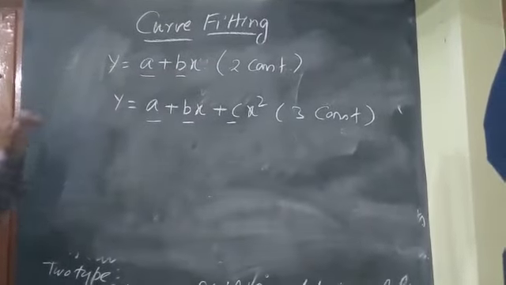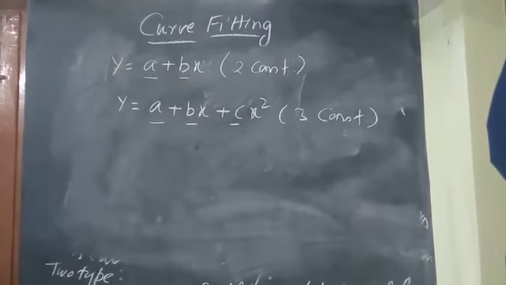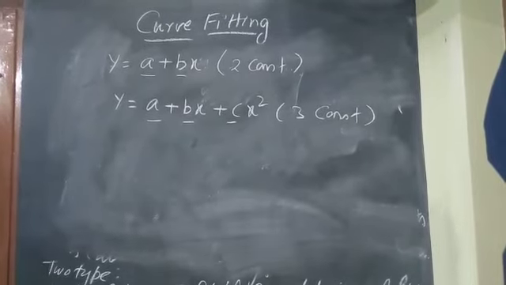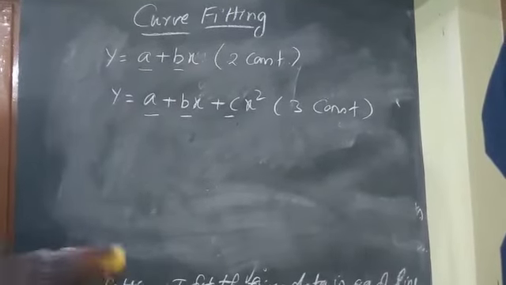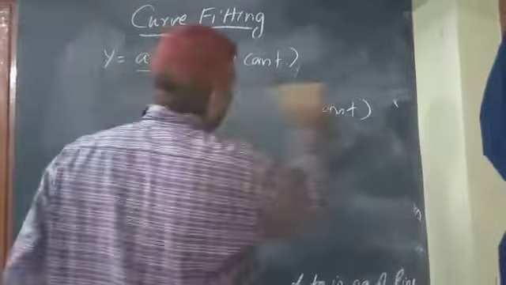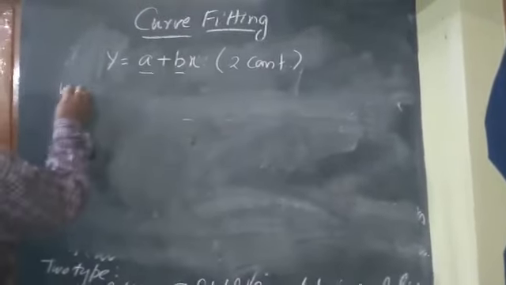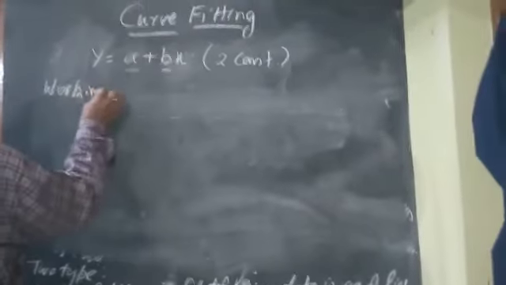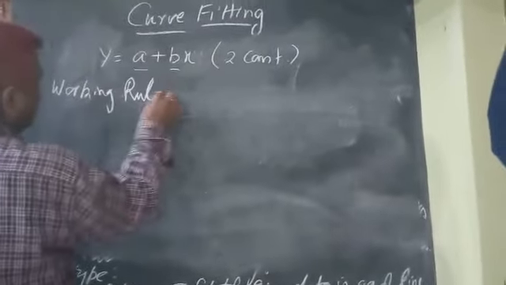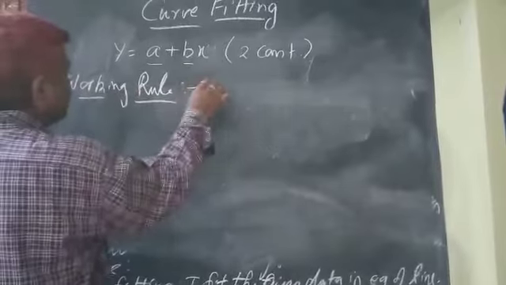We will consider the first condition, in which we have to fit the line. So line fitting is the first condition. There are some working rules to find the values of the constants. Next is the working rule, and these working rules we will study in the next